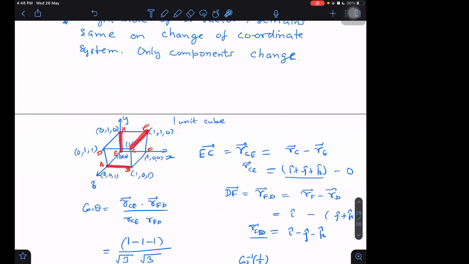If I am taking these three, again, we have to write the vector values. What is the value of HE or E to H vector? E to H vector will be representing